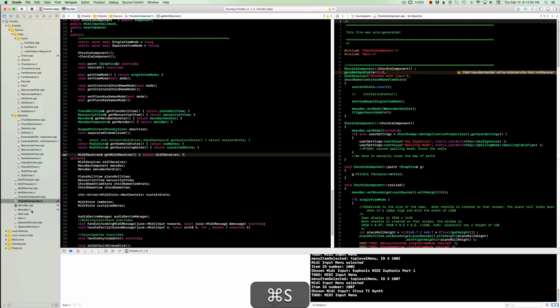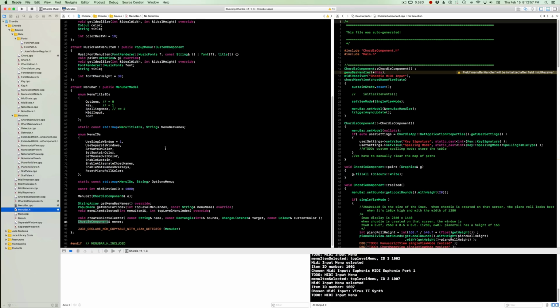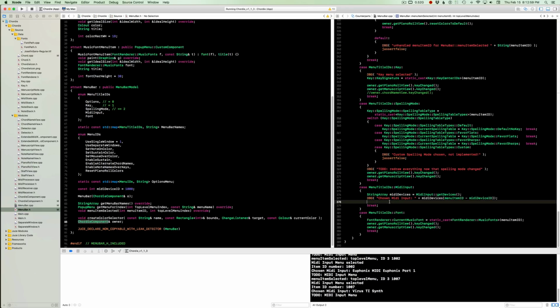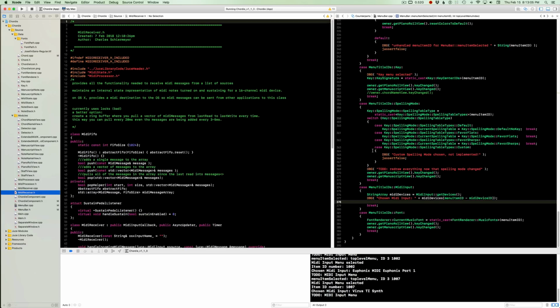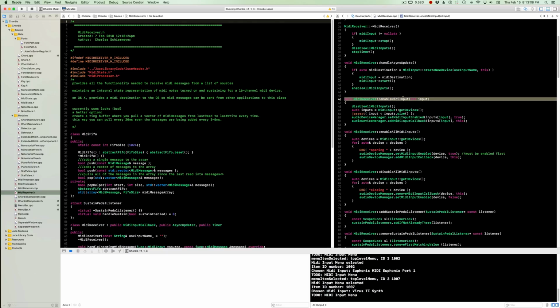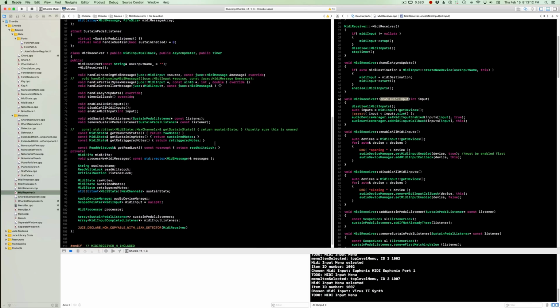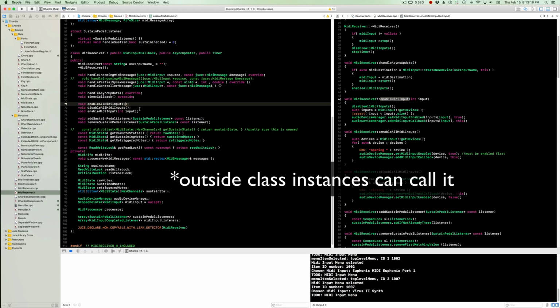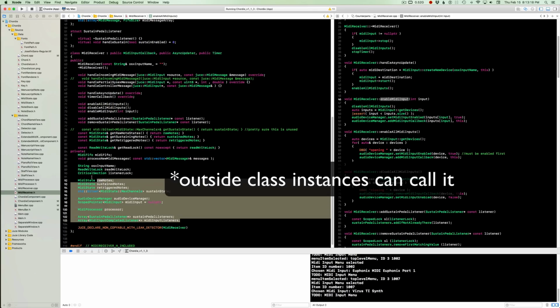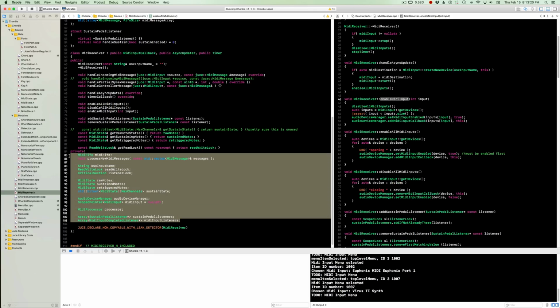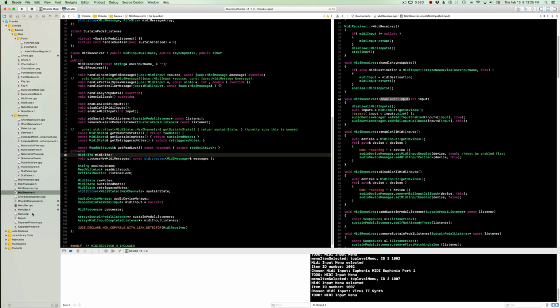So now if we go to our menu bar, in order to call that function that I was talking about over here in MIDI receiver, enable MIDI input. Lucky for us, all this stuff is public, meaning that outside functions can call it. All this stuff here is private, meaning internal, meaning it can only be used by the MIDI receiver class. Outside stuff cannot call it. Okay, so